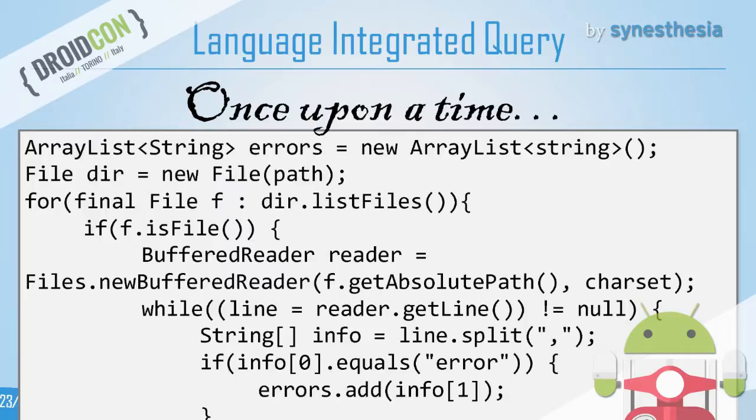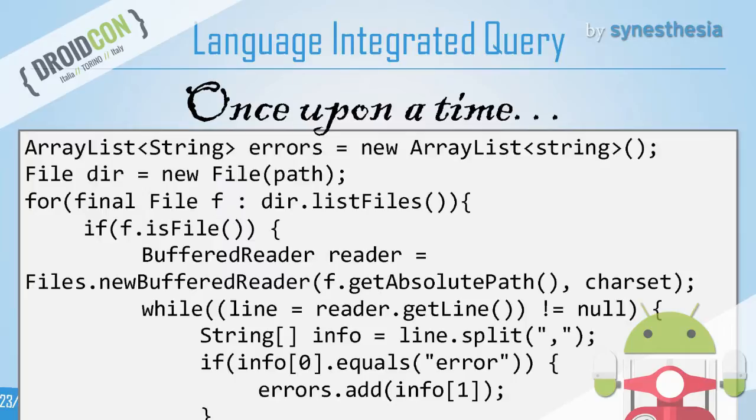Then you split the data. You check if the data contains an error. If it is an error, you add it to the collection, and so on and so forth. And assume you want to also, I don't know, sort them by time. It's painful. You have to sort the collection and so on. Lots of code. Let's see how it's done in C# using the language integrated query, which is let's say a